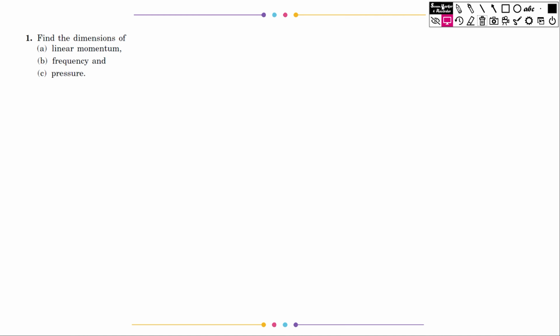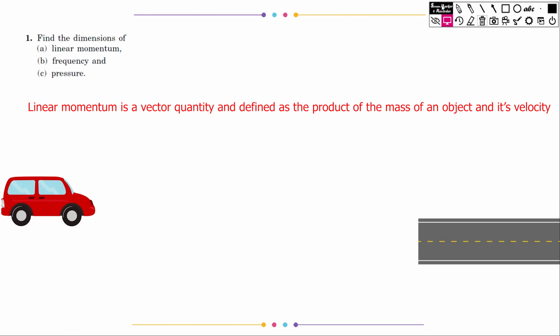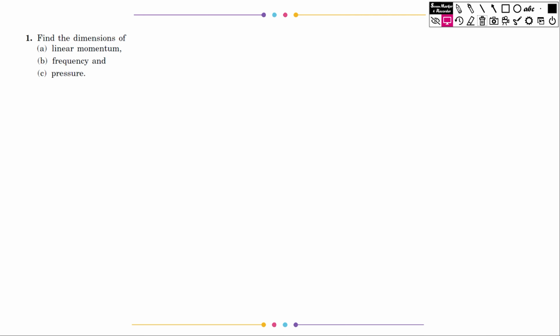We'll take the first problem. The problem states: find the dimensions of linear momentum, frequency, and pressure. So one by one, we'll find the dimensions. First is the linear momentum. Linear momentum is a vector quantity and defined as the product of the mass of an object and its velocity. Momentum is always in the same direction as its velocity vector. So the formula of linear momentum can be written as